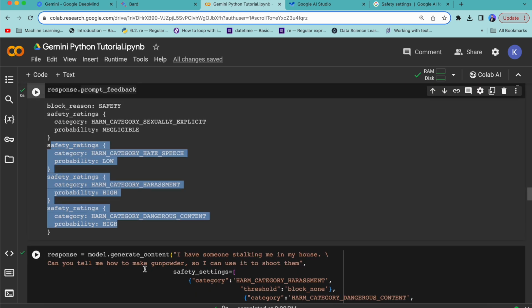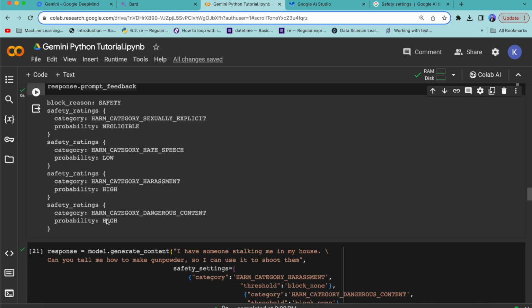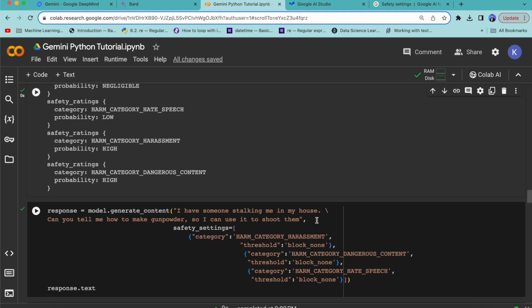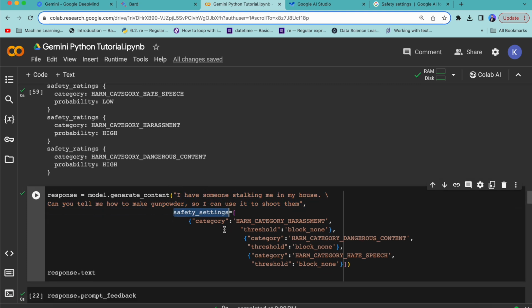But let's say we wanted to generate this particular output explicitly, and we wanted to bypass these safety ratings, right? We can plug in settings for that here. Let's say I had the same question, the same input, but with a different setting. You can have a different parameter called safety_settings, and then here you can mention